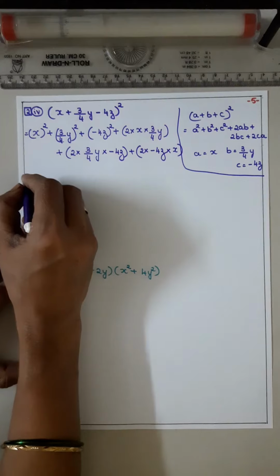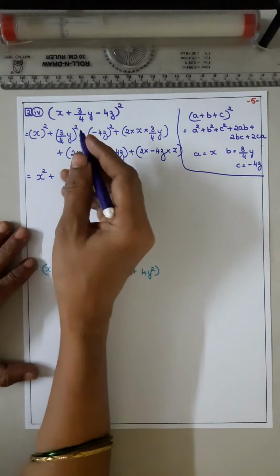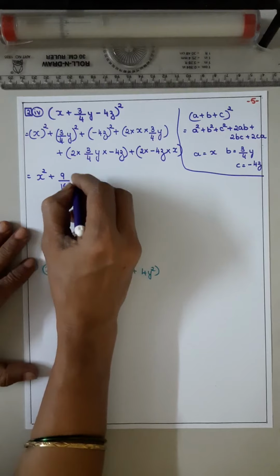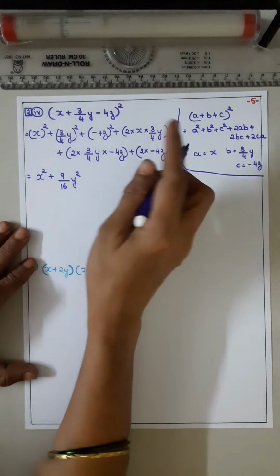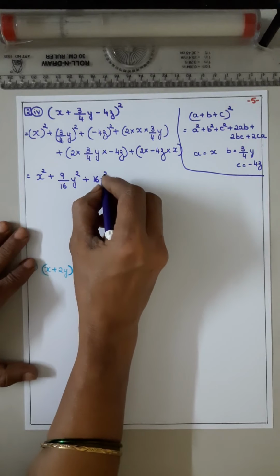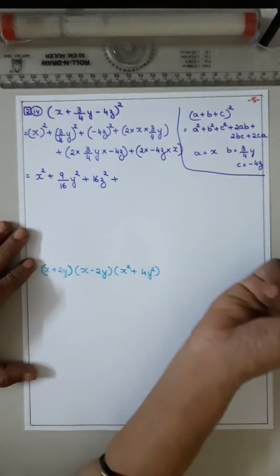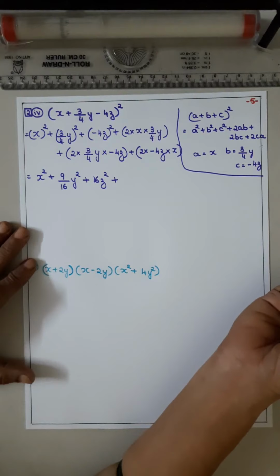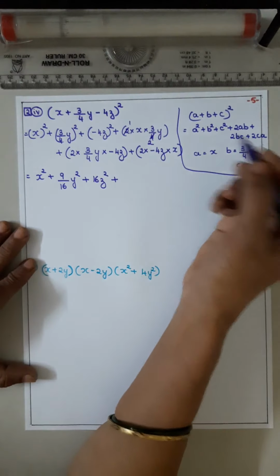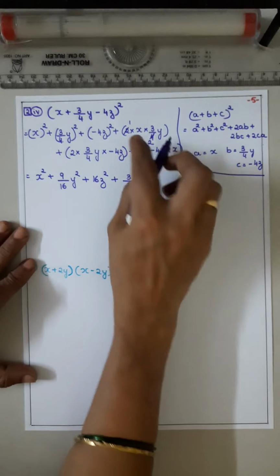Okay. Now it will be x squared plus 3 squared is 9, 4 squared is 16, y squared. Now minus 4 squared will be plus 4 4s are 16, z squared. Now here it is plus, here also plus, put plus. Now in fractions there is cancellation, 2 1s are 2, 2 2s are 4. So you will be getting 3 by 2, 3 by 2 xy.